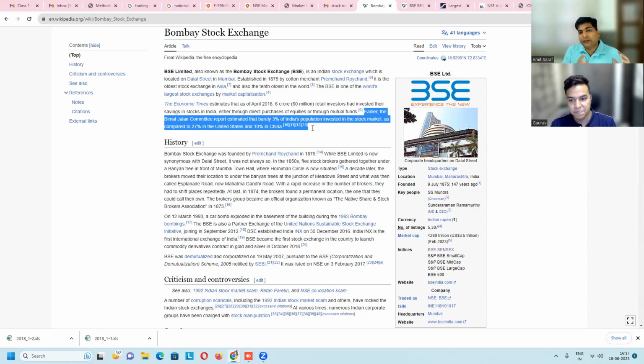The prediction is that the number of people participating in stock markets will keep on growing, and with the growth of the Indian economy, the depth and the size of Indian companies will keep on growing. This is what I have been seeing in the last 15 years, or I would say the last 22 years, ever since I did my MBA in finance. I have been keeping a close watch on financial markets.